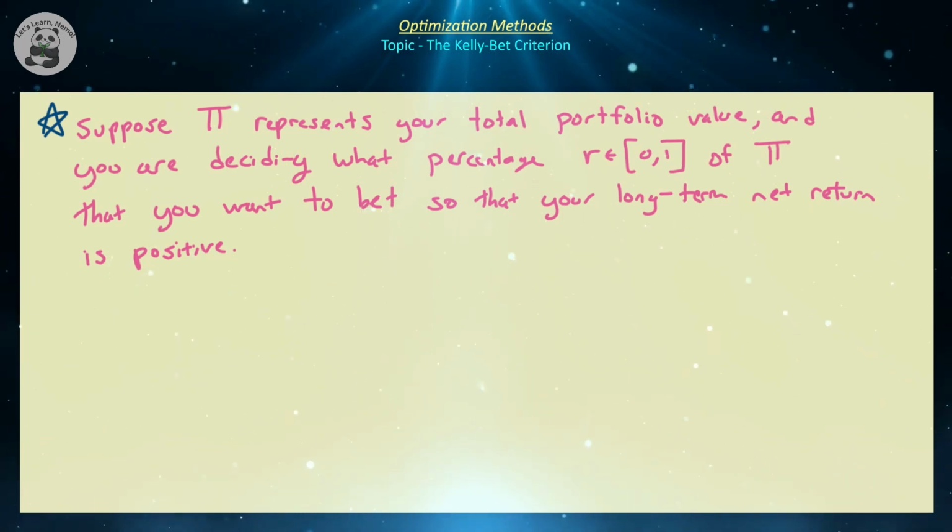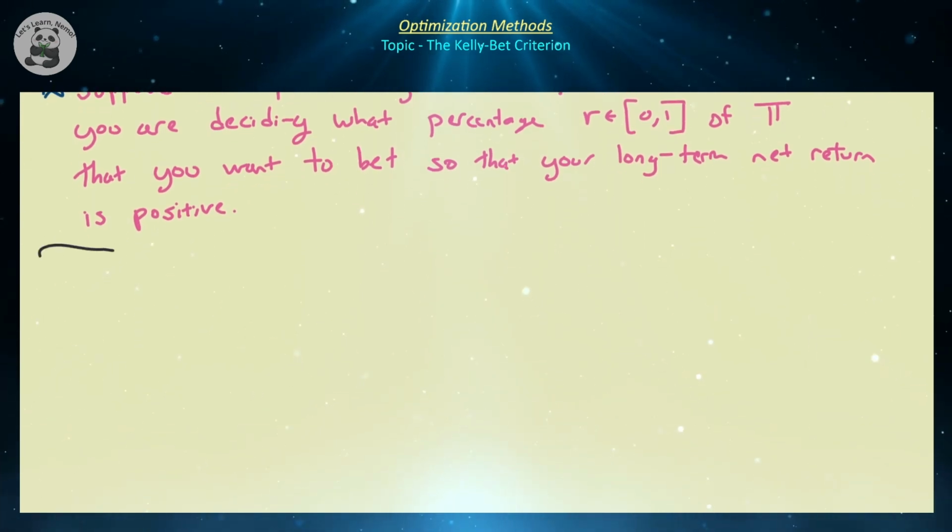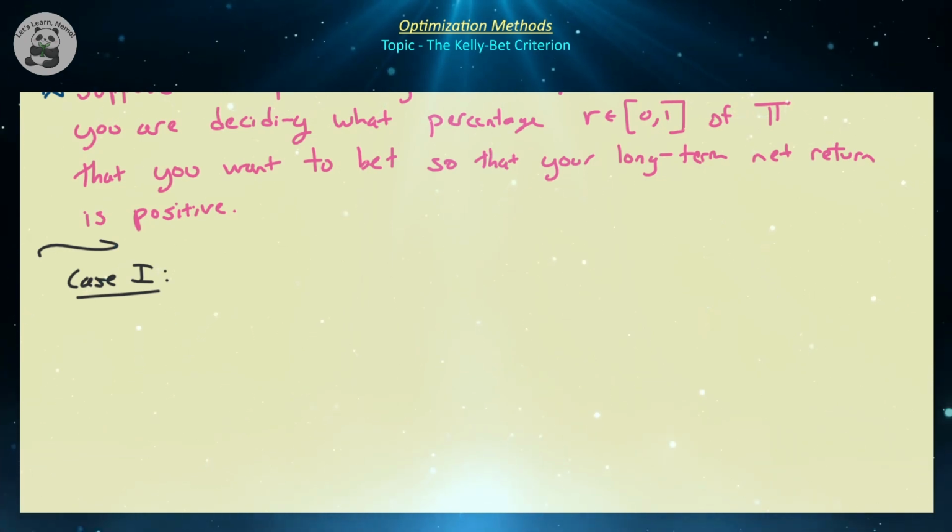Suppose that capital Pi represents your total portfolio value, and let's assume you are trying to decide what percentage R, between 0 and 1, of your total portfolio value you want to bet, so that your long-term net return is positive. So let's assume that you can either win or lose a bet. So we're going to have two cases here. So let's look at case 1. Case 1 is that we lose